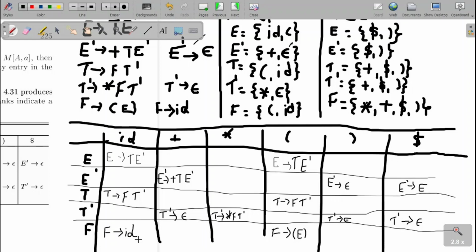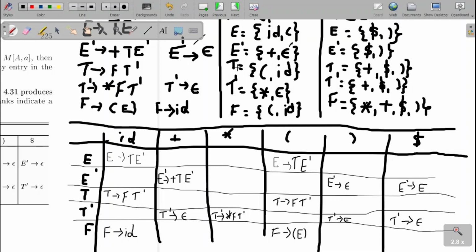For the construction of the predictive parsing table, what are the steps we followed? First, we compute the first and the follow set of each non-terminal. Then for filling the table entries, first I will look at the first set. Whatever production yields that first, we are going to write. Once we have the epsilon in the first set, then we look at the follow set. For whatever follow set entries are there, we write the production which is yielding the epsilon. Fine.